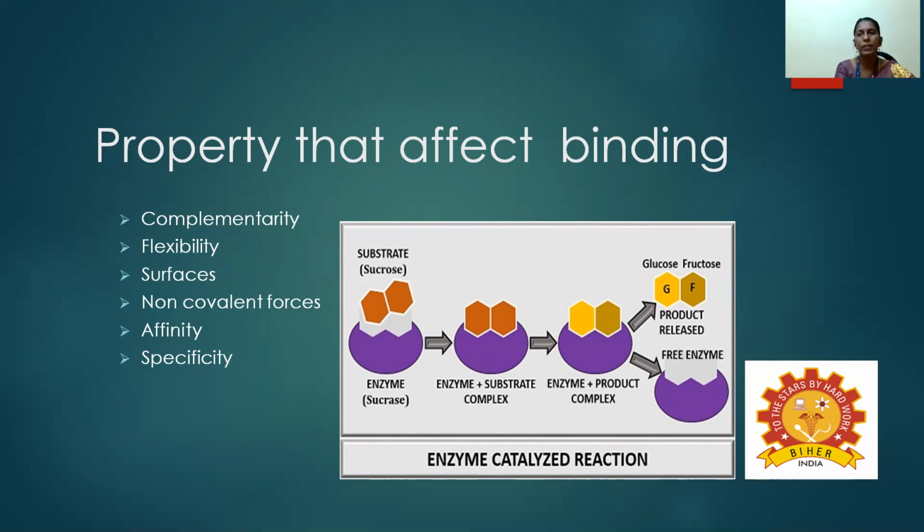The next important point is affinity. Affinity means the binding of the enzyme to the substrate. So urea means urease, sucrose means sucrase. The specific enzyme is named after the substrate with the suffix ase. Then specificity means it has the capability to bind, otherwise it does not work. Suppose I take hexokinase and sucrase: sucrase acts only on sucrose. That is called specificity.